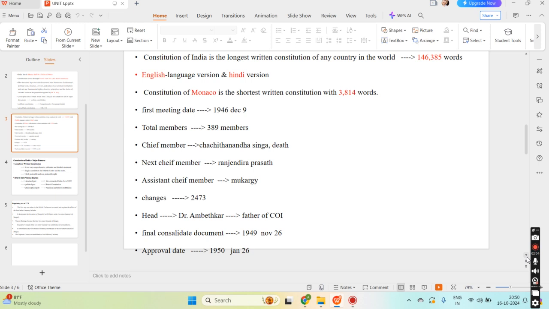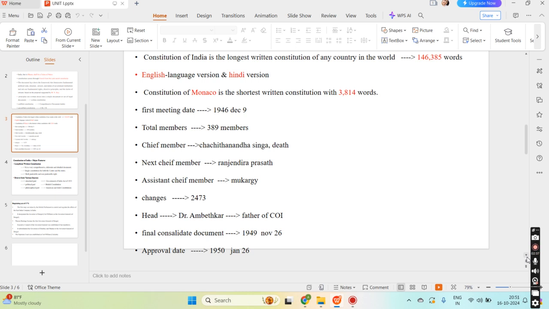3008 words. The first meeting was arranged in the year 1946, December 9, and at that time the total members were 389. The chief member was Sachidananda Sinha. At the time he died, so the next chief member was Rajendra Prasad. Next, the assistant chief member was Mukherjee. So the total term is changed into